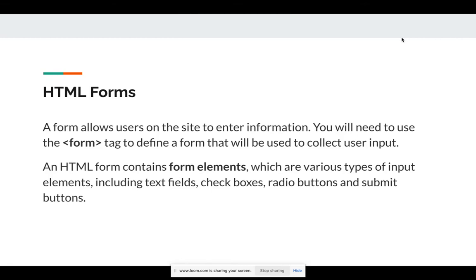All right, guys. So today we are going to be looking at forms, HTML form. So we've looked at table in the last class. So let's look at forms. A form allows users on the site to enter their information. We need to use the form tag, just like the table. For form, use the form tag to define a form and can be used to collect